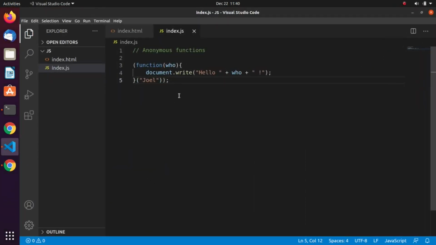I hope you're understanding what is going on. So we have the function without a name, called a closure or anonymous function. That's one use of an anonymous function called a closure that takes an argument called who and then prints hello plus the argument. That argument is directly passed here and the function auto executes itself, okay. So that's how the anonymous function actually works, right? But as I said, we are going to cover the concept of anonymous function a little bit later in this course.